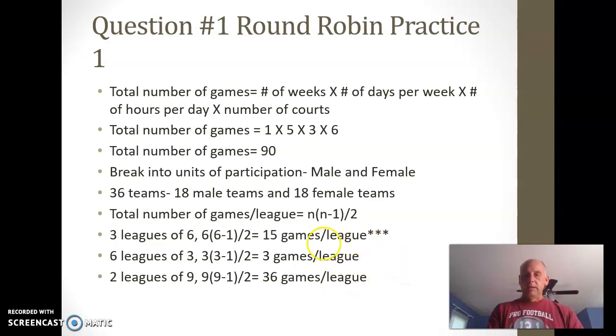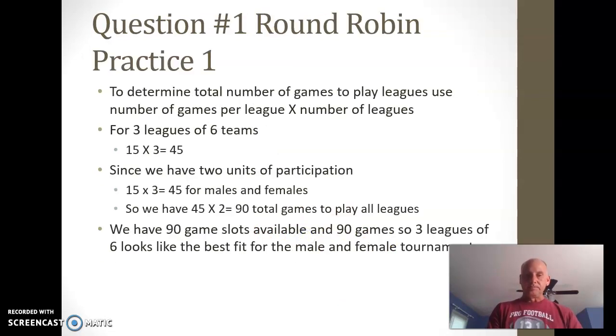So to determine the number of games to play, use number of games per league times number of leagues. So we have 3 leagues of 6. Here we have n minus 1 times n divided by 2, which gives us 15, times 3 is